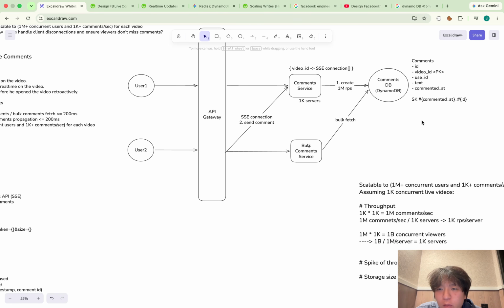Maybe one more thing I'd like to mention here is that DynamoDB tunes the number of partitions internally by storage size and also by throughput. So if there's so much throughput to one partition, it internally splits it to multiple servers. So yeah, that's a good thing about DynamoDB.